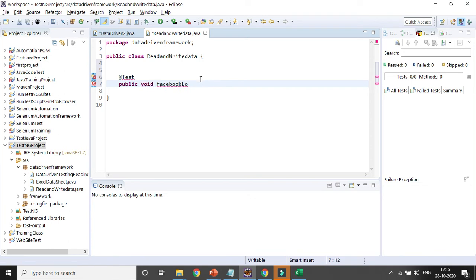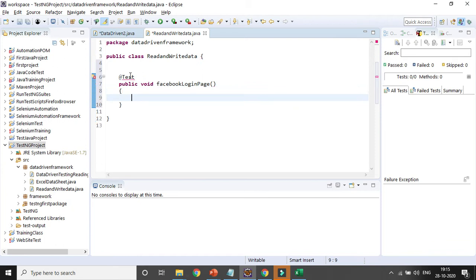The return type will be void, so Facebook login page is the method I am creating, and it will be enclosed with brackets. Then I need to start with the second bracket.